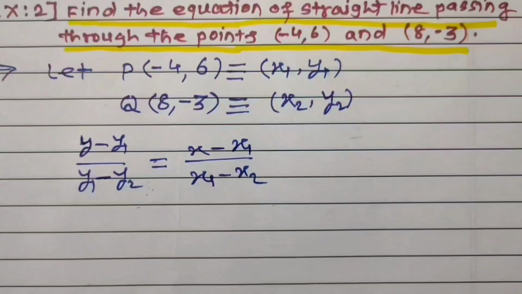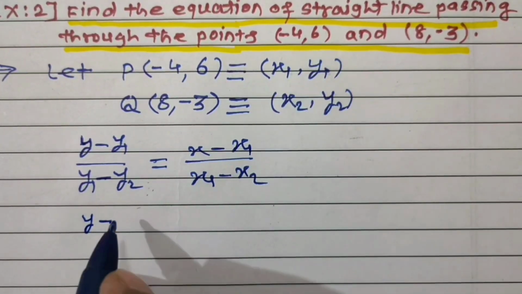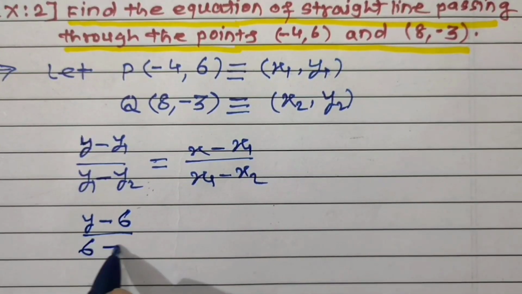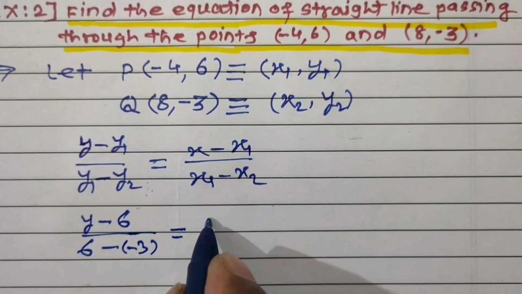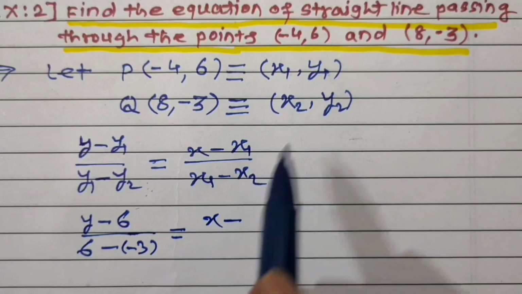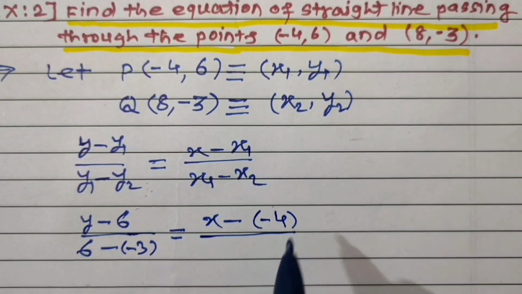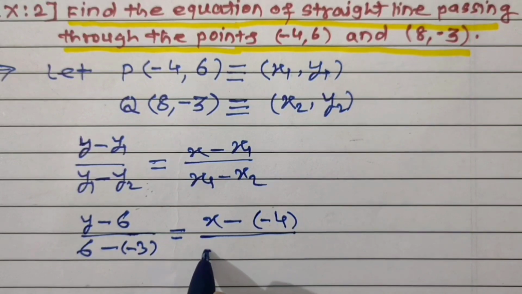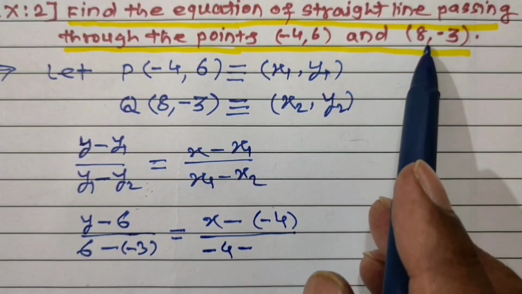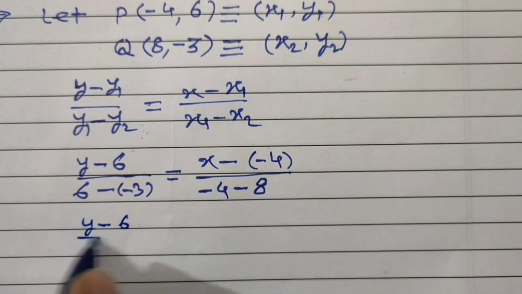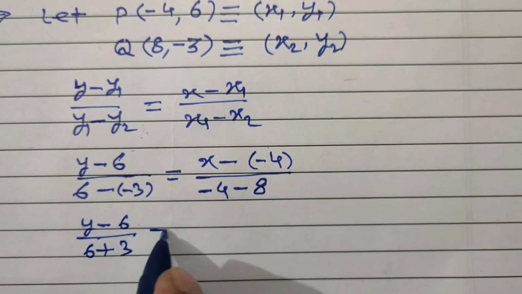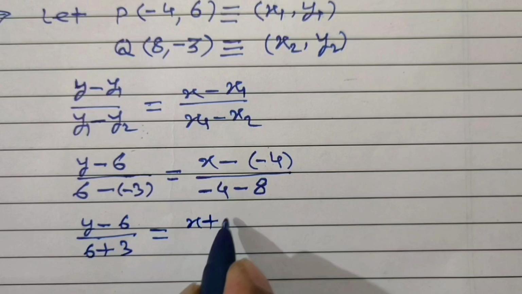Now put the points. Hence y minus y1, y1 is 6, divided by y1 minus y2, y2 is -3, is equal to x minus x1, x1 is -4, divided by x1 minus x2, x1 is -4 minus x2 which is 8. Let us simplify this. Hence (y - 6) divided by (6 + 3) is equal to (x + 4)